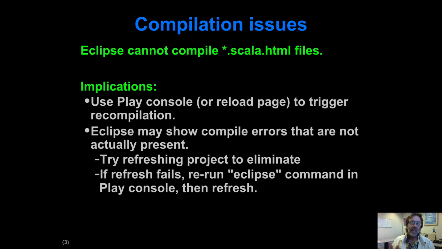Okay, the implications of this are that in order to compile your system, when you make a change to one of these files, you're going to need to have the Play console, the Play environment, do the compilation. The way I've got Eclipse configured now, we can't get there through Eclipse, so we have to get the Play console to do it, and we can either type compile in the Play console. That's a perfectly reasonable way to do it,